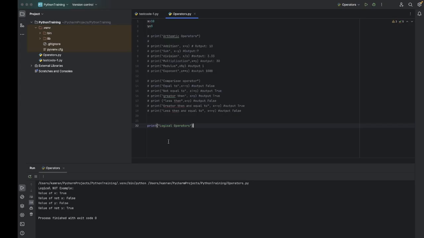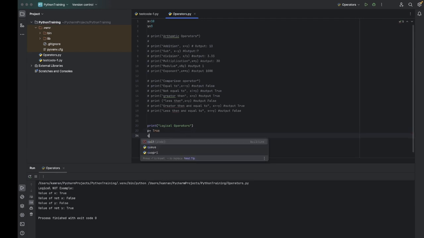Let's practice it. I print the heading. Now I took two variables, P is equals to true and Q is equals to false. Now check logical and